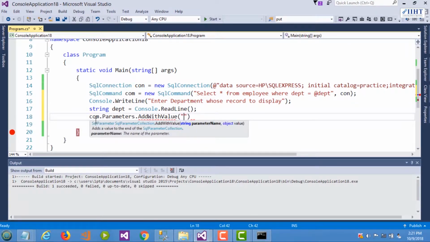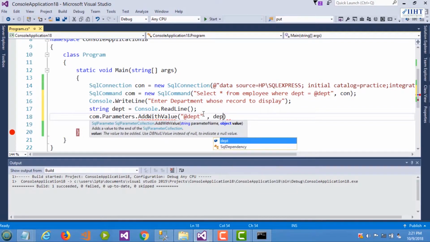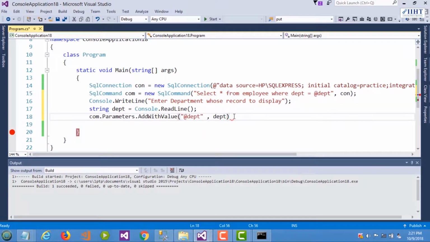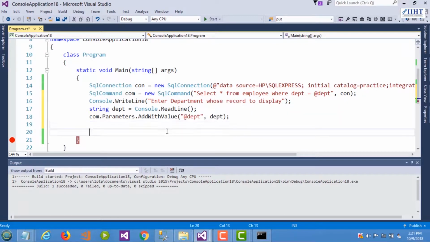And the parameter name is department, and the value will come from this department variable. So by using this, I'm forwarding the value of this department variable to this parameter, which will be replaced at this location. Now again, the next step is to open the connection